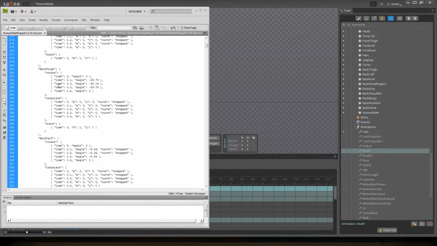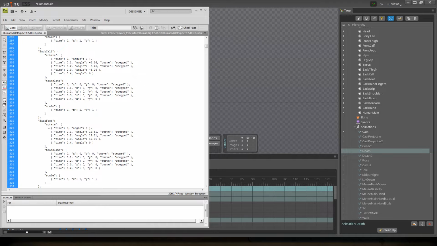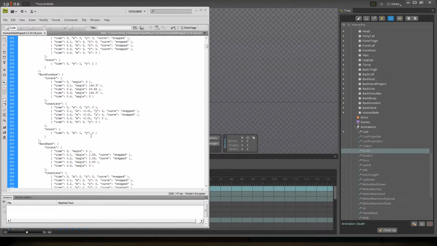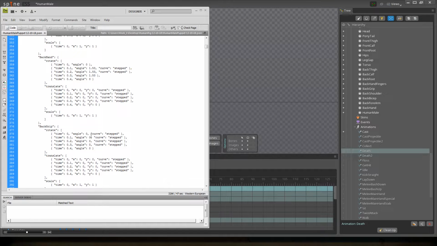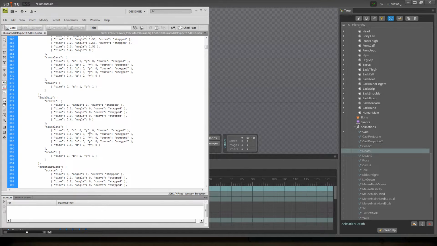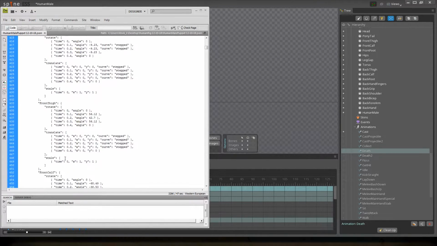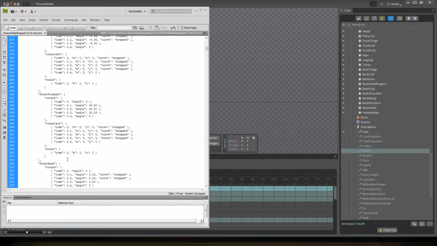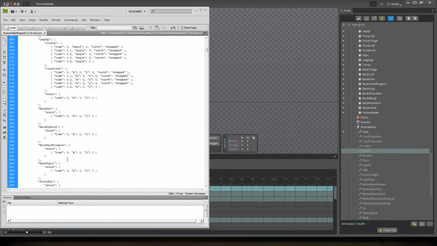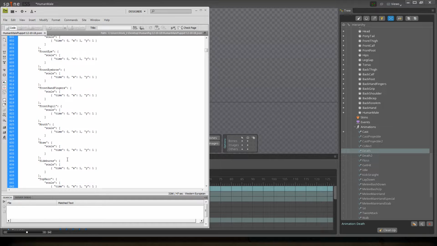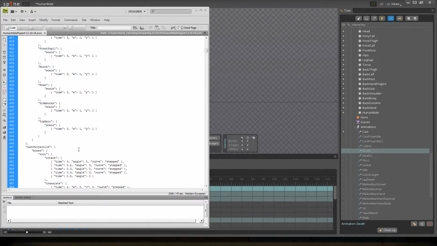You look at this data that you're getting, and the intricate detail of all of this stuff. It gives you the angle and the curve and the time, and then if it swaps its view location, it gives it all to you. Scale changes, just huge. And we're still on that first one. We're probably getting close to the end. Yeah, there we go, right there. Okay, now we're on the next one. So hundreds of lines of JSON